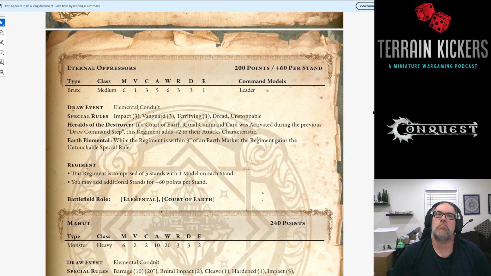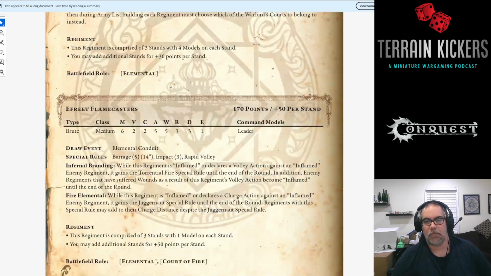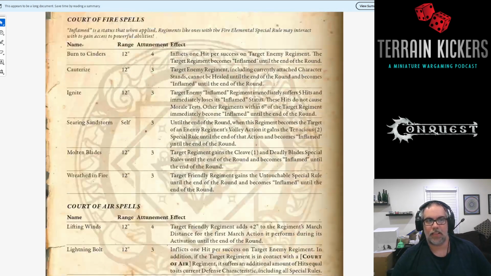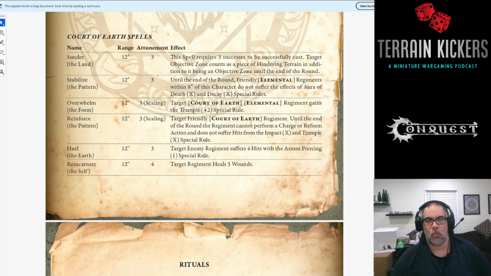For main support, Earth, the rituals don't support nearly as much, but the spells do a good amount of support. Again, though, the better support wants you to at least be Earth-based. Maybe Earth and Elemental, but at least Earth-based. So,